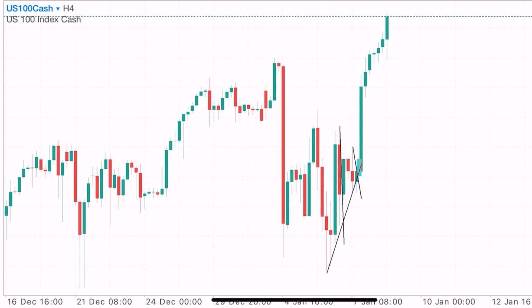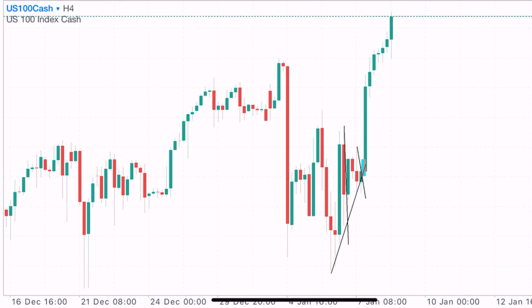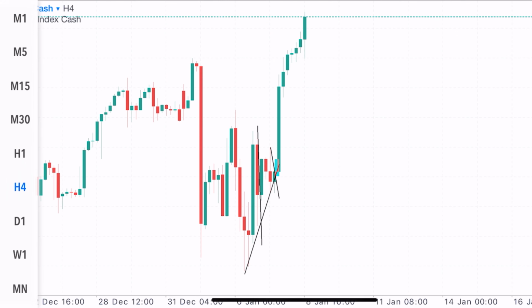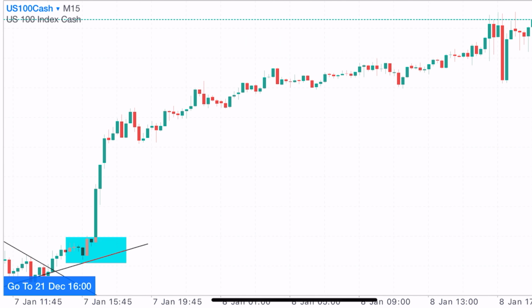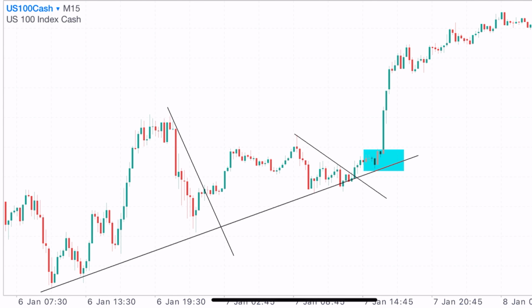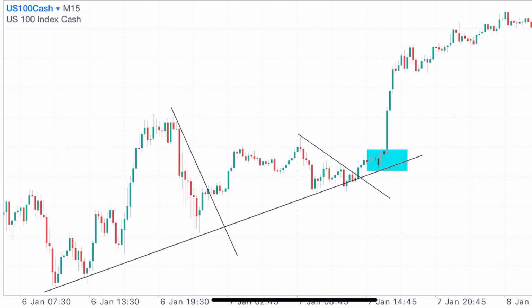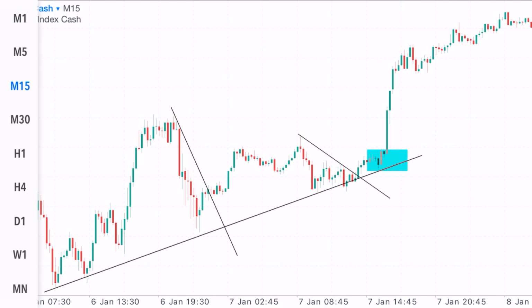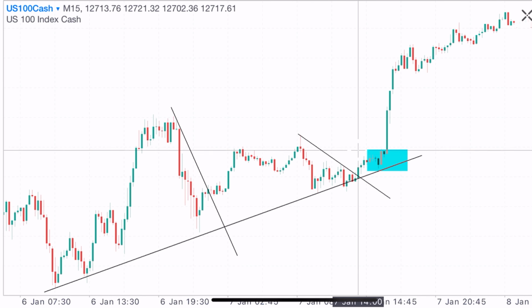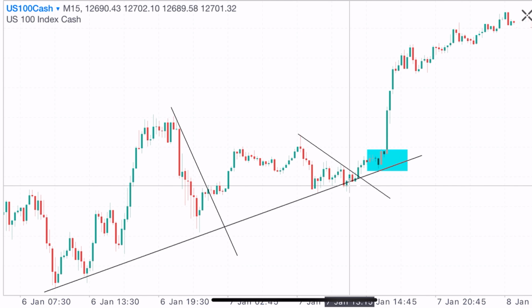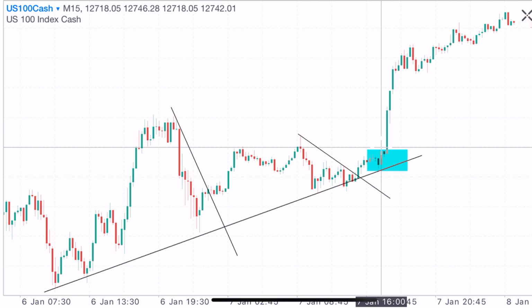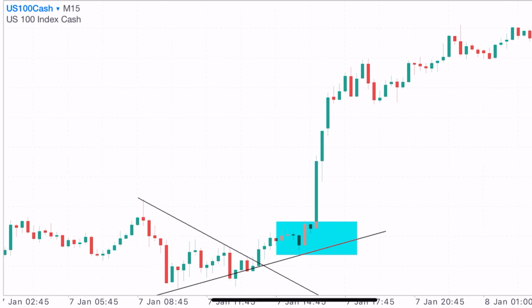The last pair, fam, is going to be the US 100, which is the NAS 100. I was looking at this chart after a member sent it to me. He sent me the signal on this pair, right? He wanted me to give an opinion on it. He wanted to buy basically at this zone here. And when I looked at the whole thing, I told him to stay in the trade because, as you can see here,